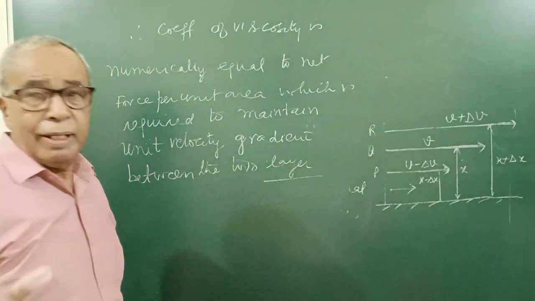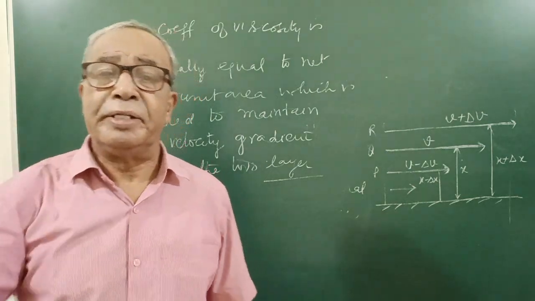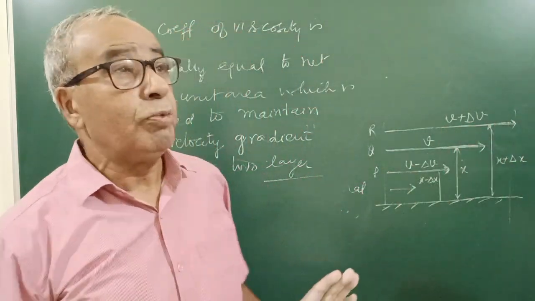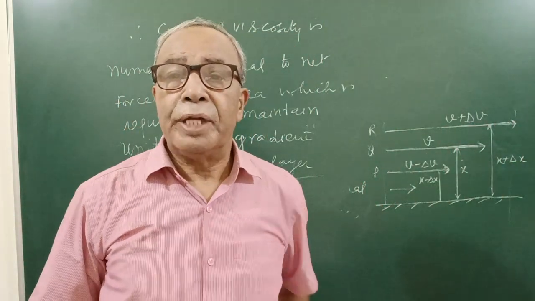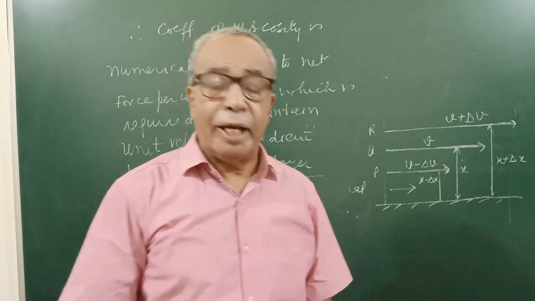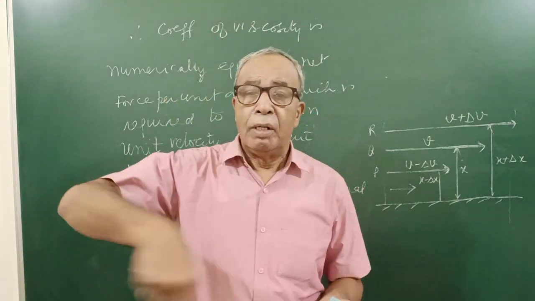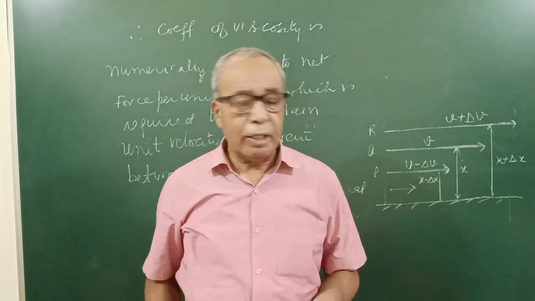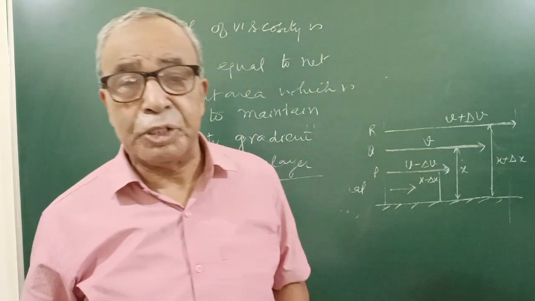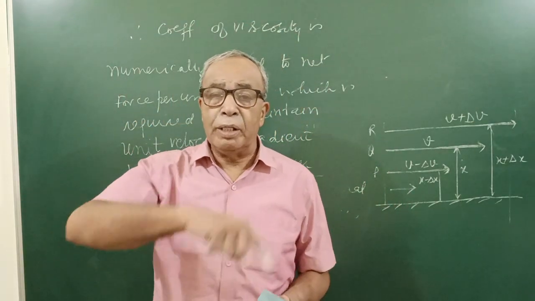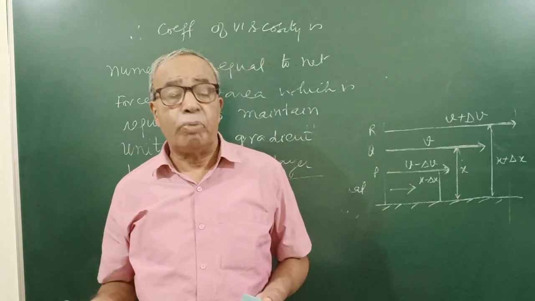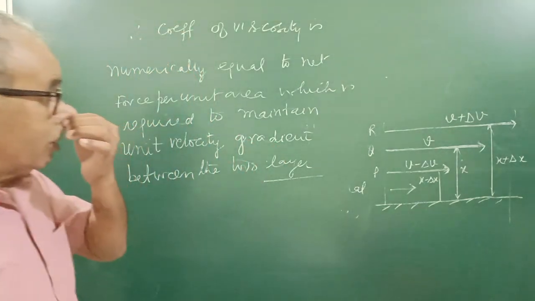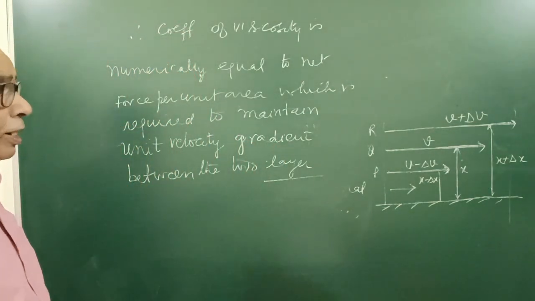Please listen to what I am telling. The force is applied from outside, only to maintain the flow constant. If you do not apply external force, then the flow will stop because of viscosity. As I told you, when you take water in a tumbler or glass and rotate it with a rod, and after some time you stop stirring, for some time the water keeps on moving, but after a while it will stop. So that force is required, and that force per unit area which is required to maintain unit velocity gradient is called